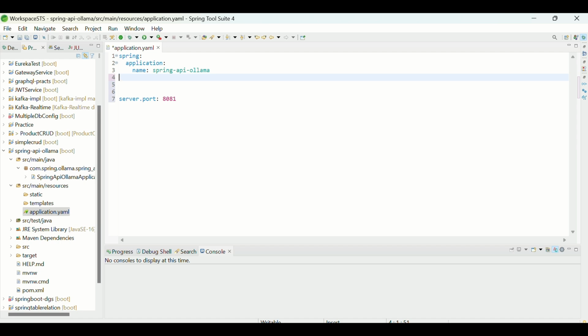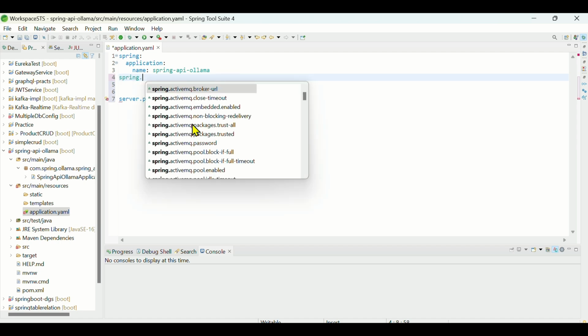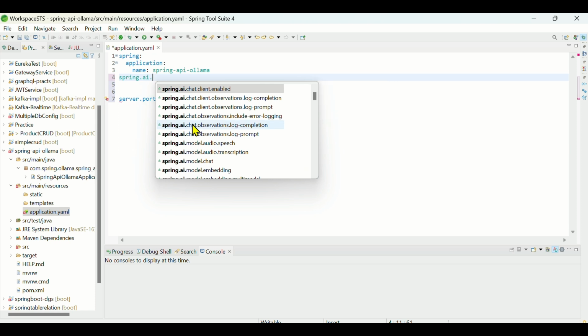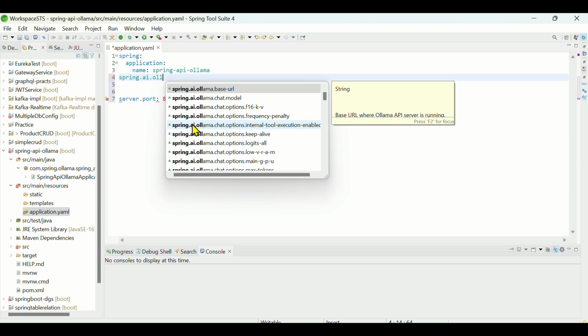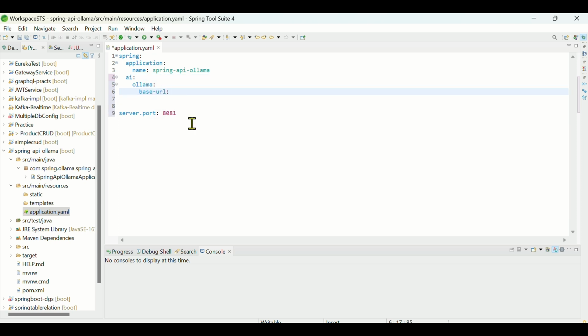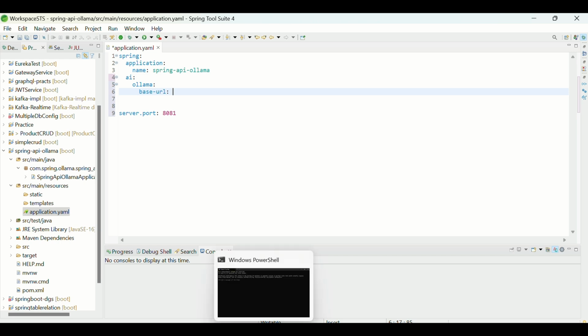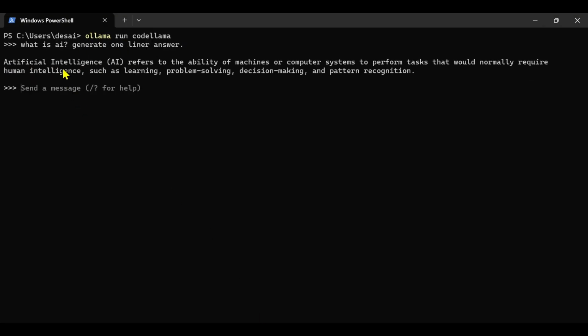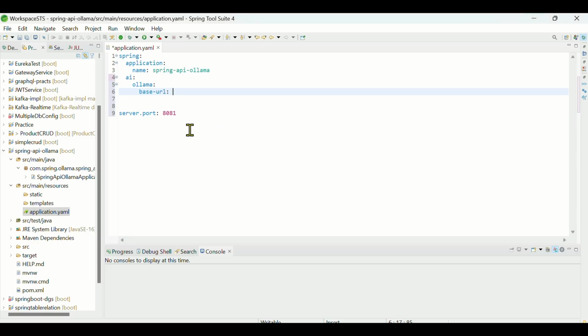Now we need to tell Spring, hey Spring AI, what model we are using, like which tool, which LLM we are using. So in Spring AI, we are using Ollama and its base URL. We need to provide some base URL, like where my Ollama is currently running in my system. Since it is running locally, and if you see here, it is currently in running stage, I need to provide